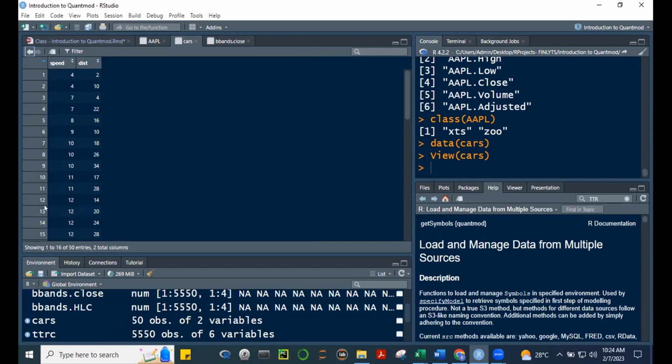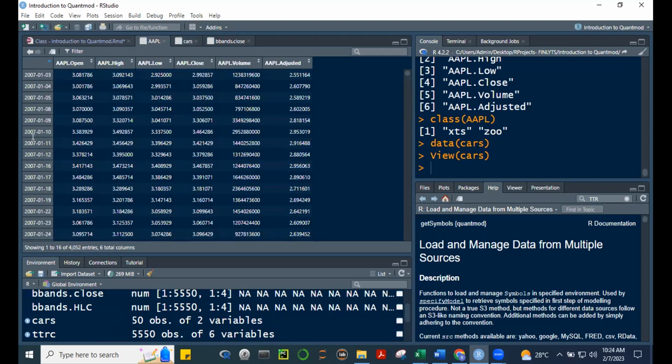It's 1, 2, 3, 4, 5. These are numbers, integers. Okay, pero si Apple, ang index niya are dates. So this makes XTS objects very special. Kasi yung dates, it's not a column. It's part of the index. It's part of how the data is named. The data is named via dates, right? And the date is not an additional column here. It's not a variable. So that makes XTS or extensible time series objects quite unique as compared to other